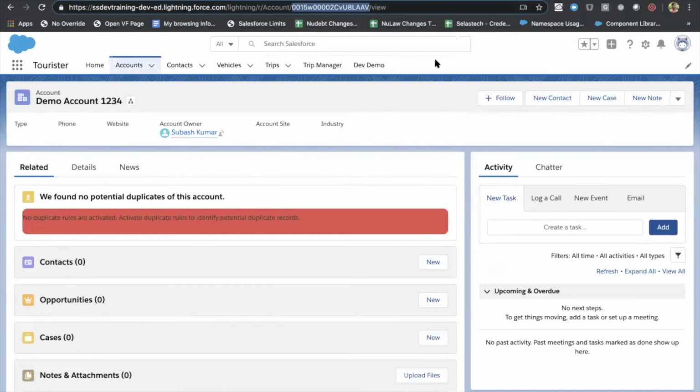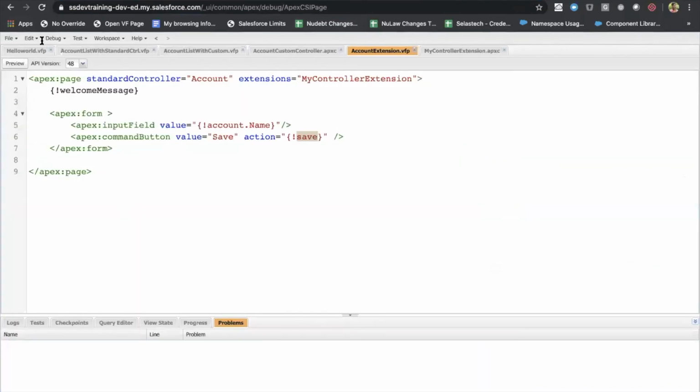If I want to preview the same account in the same page I built, and auto populate the name if the record ID already exists, let's preview the same again. There is something after the question mark. Let's get rid of all these and add id equal to the created record ID. And here we go, it's auto populating the value.